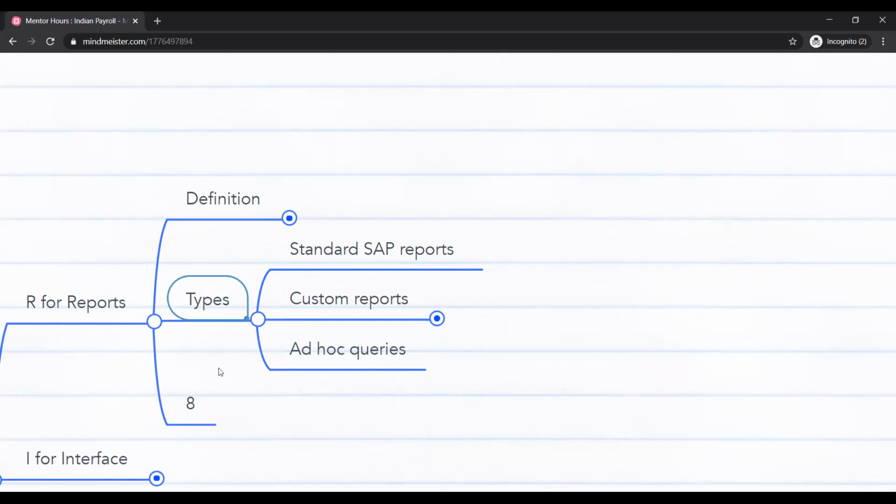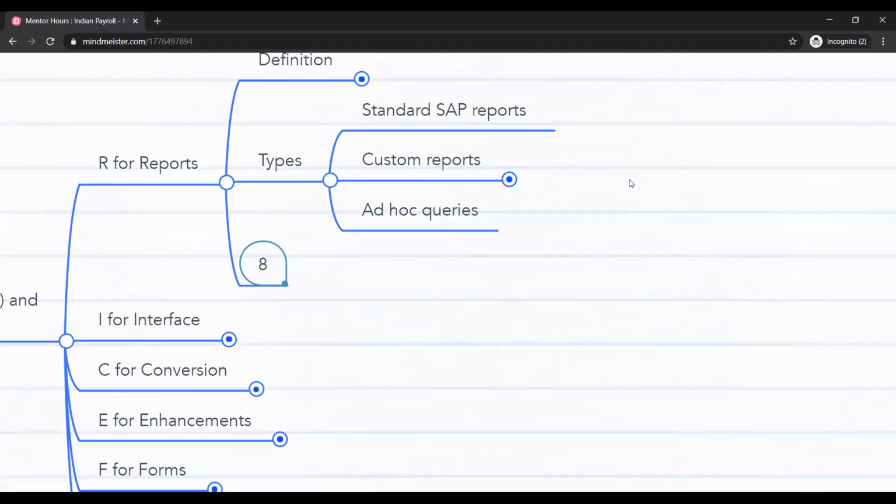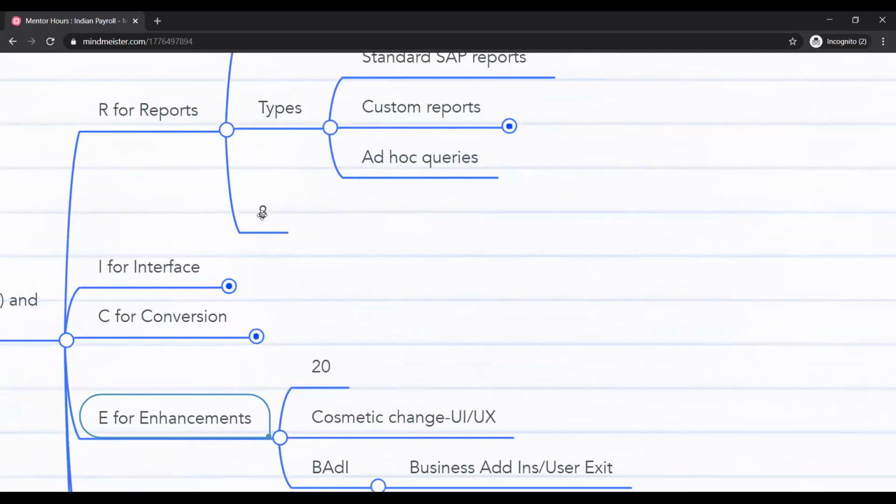I have given a number here. Suppose you are working in a project, it is just a hypothetical number. Suppose you have a 1 year support project, and in that you have 40 RICEFW objects. Mostly things will come from enhancement, but in that case you may get approximately 8 to 10 reports on average. It will differ from organization to organization, based on need. Just a rough idea of the importance of reports.